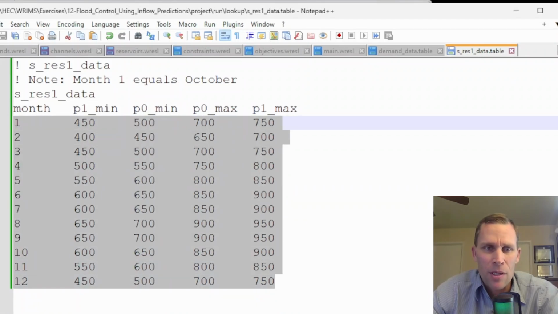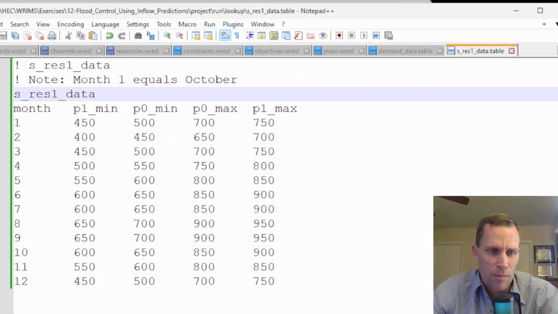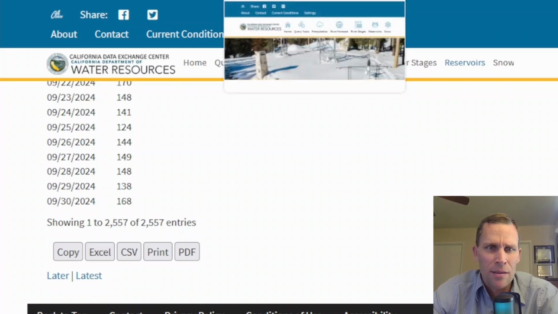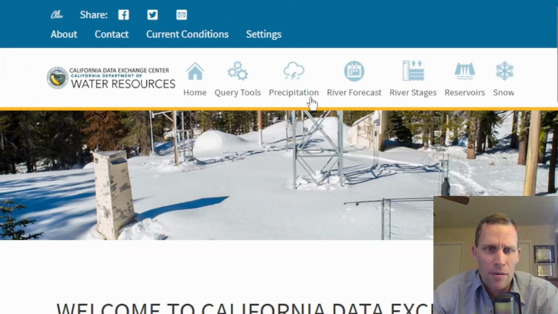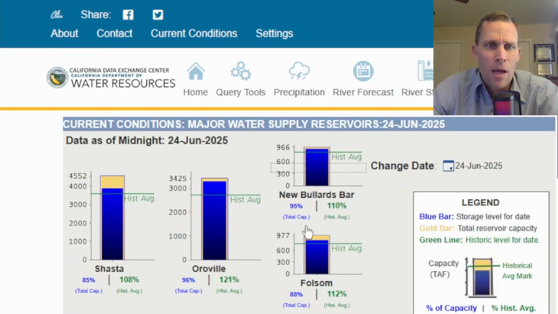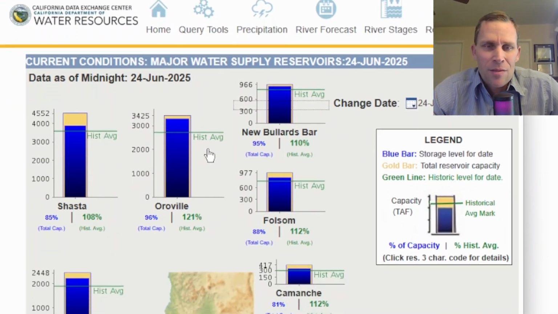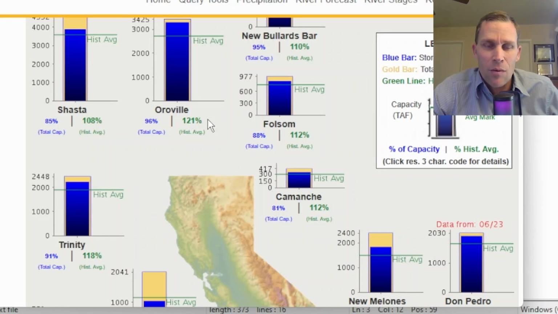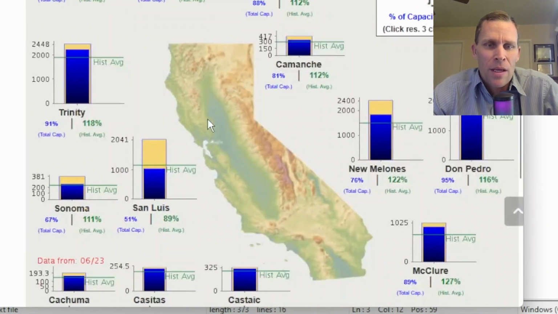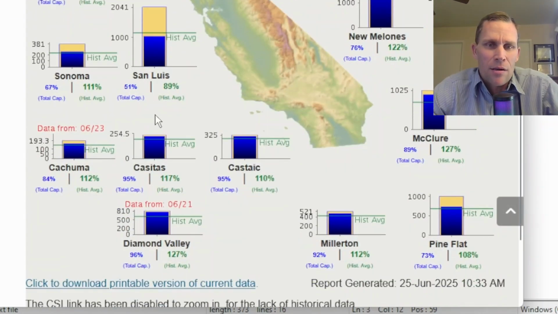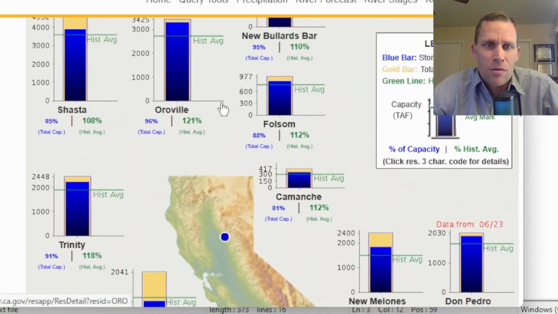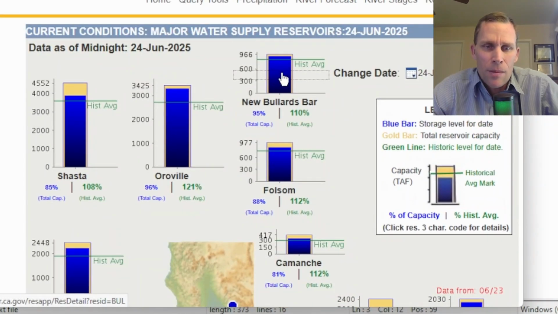Now would probably be a pretty good time to show the historic Bullard's Bar reservoir data. So let's see here. I have another page, and oh, here it is. Here's the page that shows the current reservoir status for reservoirs in California. Some of the larger ones that are affecting the State Water Project and Central Valley Project. So you can see their size and their current status versus historical. Now, Bullard's Bar is this one up here, and it's almost completely full. It has a max capacity of